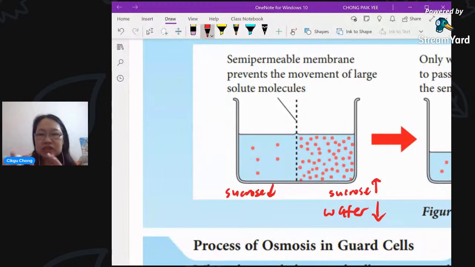Okay, let's compare to the other one. Now I have a solution with only a little bit of sugar, not very sweet. But let's look at the water. Is the water higher compared to the solution just now, which was very sweet? This is A, this is B. Just now we finished B. Now we talk about A. Sugar is very little, right? But the water concentration will be more, isn't it?